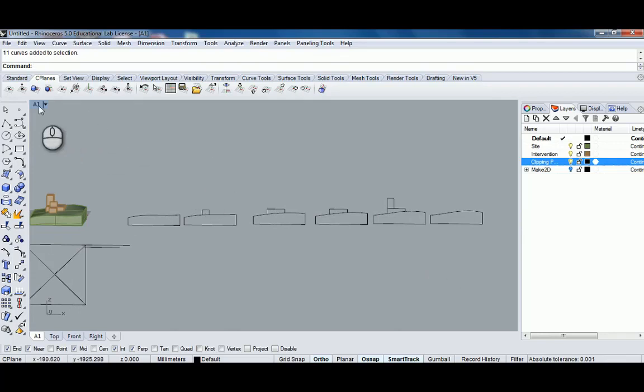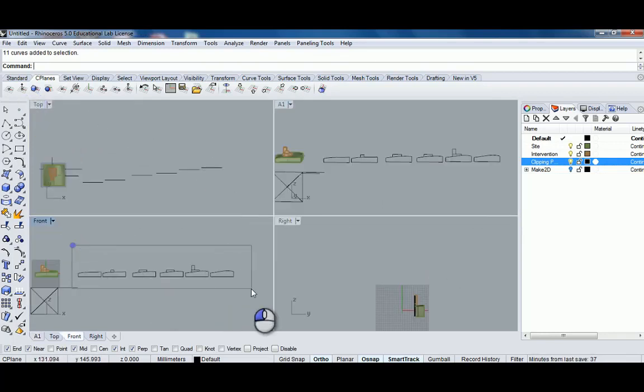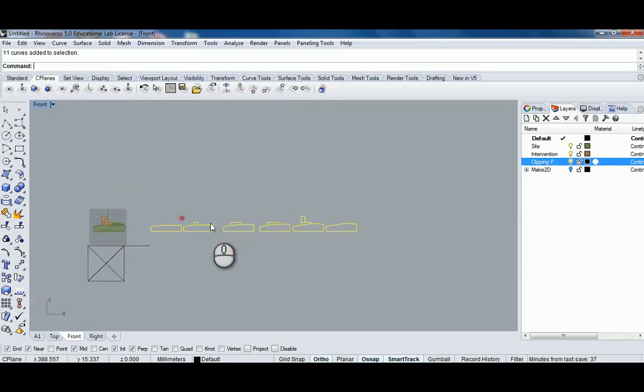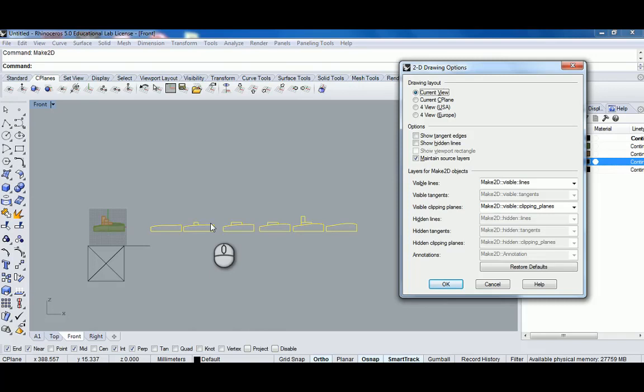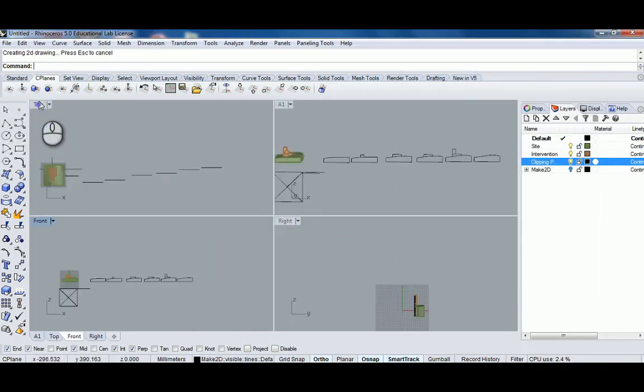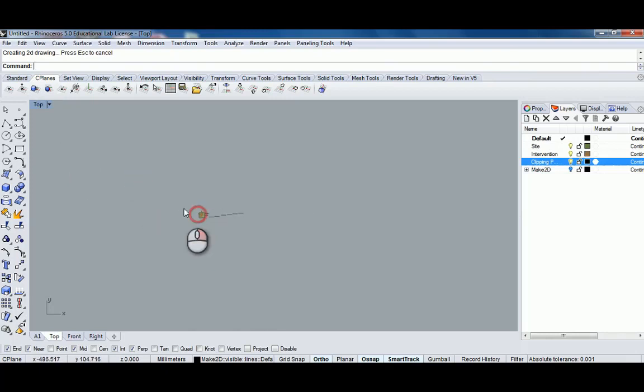So if I wanted to, just like with the 3D line work that we were doing, I'm in the front view here, I could do, just to flatten these, I could say make 2D. And even though it is line work already, all this will do is basically say, all right, I'm going to flatten this line work. So I can go back to my top view, and